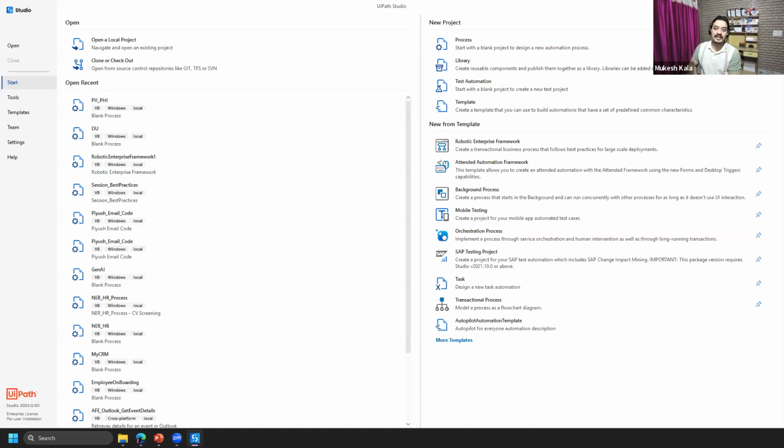So this what you see on my screen is a desktop version of Studio, which is mostly used by developers when they go to companies, enterprises, or when you have a very complex use case. But for the people who are getting started, starting fresh, have small automation use cases, want to build for hackathons as you guys are building, we can go to Studio Web, which is like the browser version of it, right? I'll tell you the differences of these things.